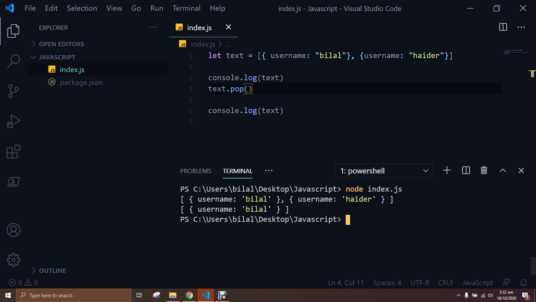you see that at the beginning of my program I had two elements in my array. One was Bilal and one was Heather. We have two JSON objects in an array, and we removed the last element from this array using the pop method, right? How can we remove an element